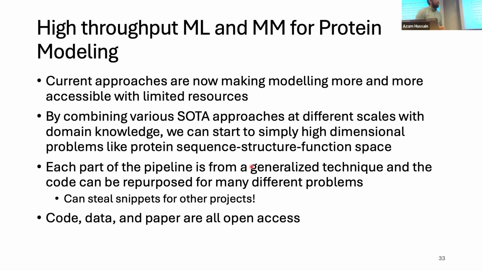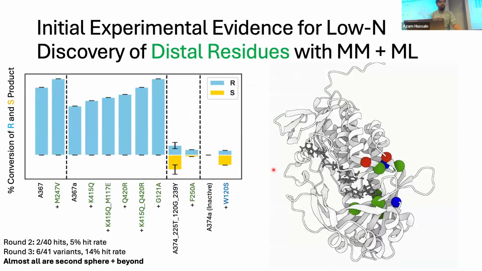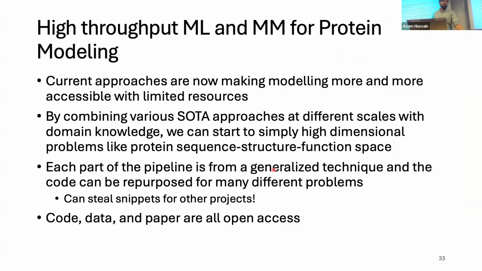So the goal of this talk was to talk about tools and technology in high-throughput machine learning and molecular mechanics for protein modeling. Current approaches are making modeling more and more accessible. Nowadays, I think all of us should be at least somewhat familiar with going on AlphaFold 3's website and predicting the structure. And then there's a whole spectrum beyond that, and this is part of the spectrum. So the goal of this paper was talking about how we can combine all of these different approaches,